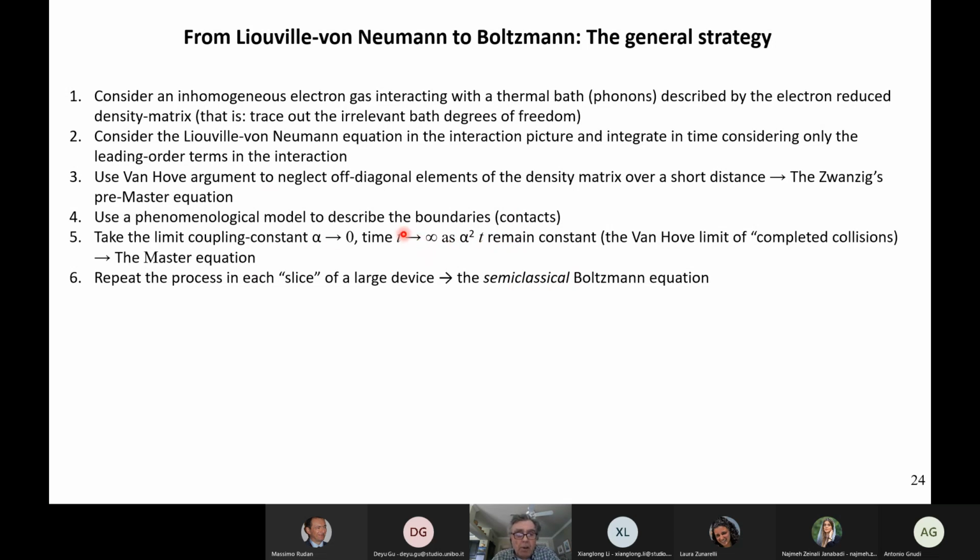So there are two crucial steps here which justify the statement that I made before of why we cannot derive the Boltzmann equation. One is this little trick. Okay, it's commonly used, mathematically it's ubiquitous, but physically it leaves a bitter taste in your mouth because you think you're close, but you're not quite getting there. You cannot open the final door. And the second one is we have to assume these random phases between the various slices of the system. So we go to semi-classical because there is no coherence between what happens in one slice of our device and the next. Okay,